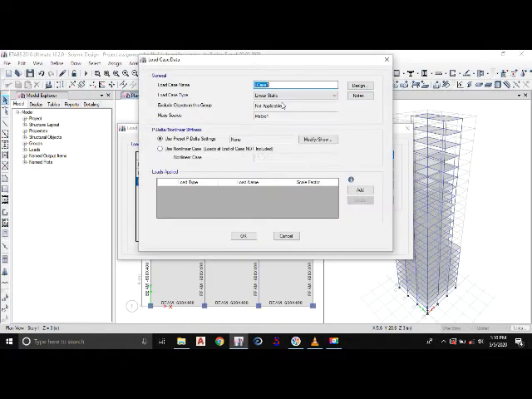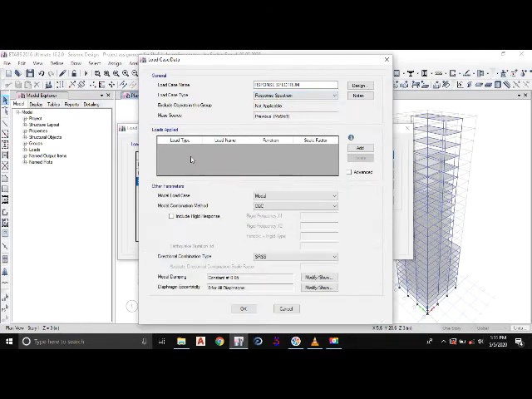I click on add new case and we'll give the name to this as response spectrum. Then I'll select the load case type as response spectrum. I'll add the load case in the x direction as well as in the y direction. So acceleration u1 will be x direction, acceleration u2 will be in the y direction.